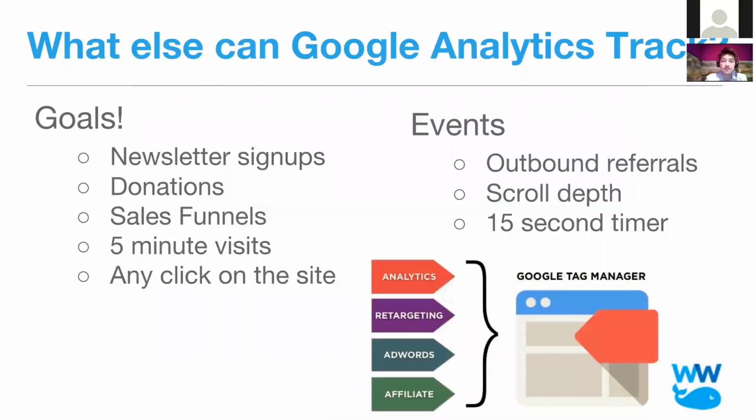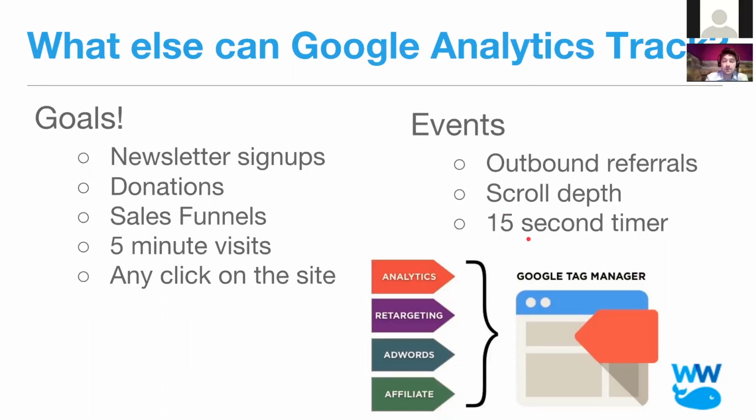So what else can Google Analytics track? If we're getting more advanced and advanced customization, we like to look at Google Tag Manager. Google Tag Manager allows you to bundle in all of these analytics codes from not only Google Analytics, but other things that we like to set up, to make it a lot easier to look at what are called events. Think of these as mini goals that scale a lot better. But then you can track things like outbound referrals, such as if somebody clicks on a link on your site and goes to another site, you can actually track when that happens and on what page that happened.